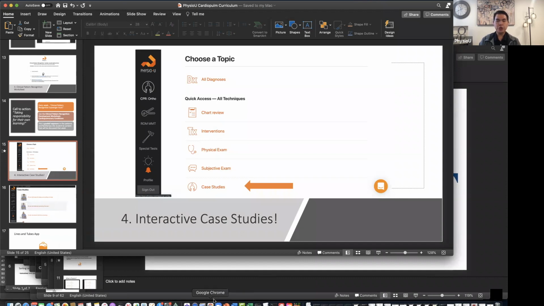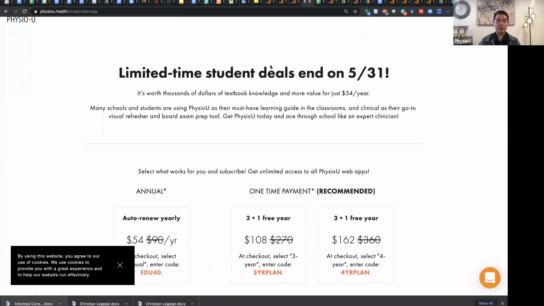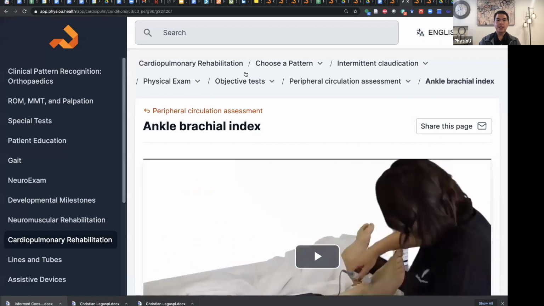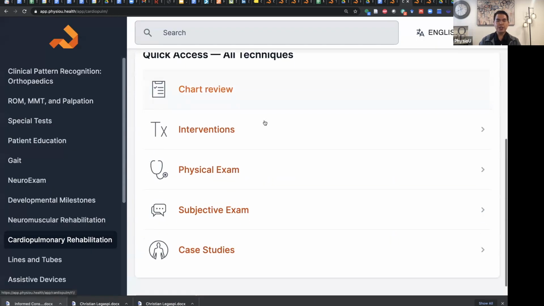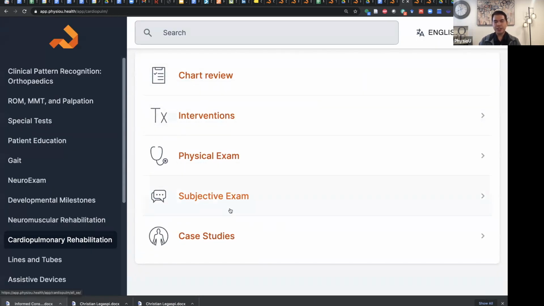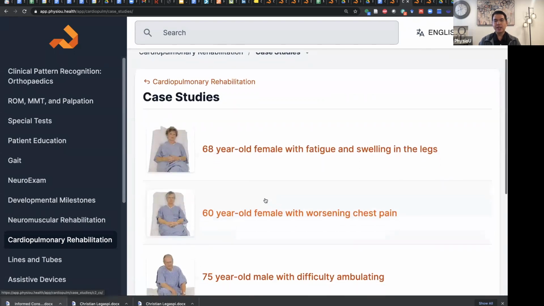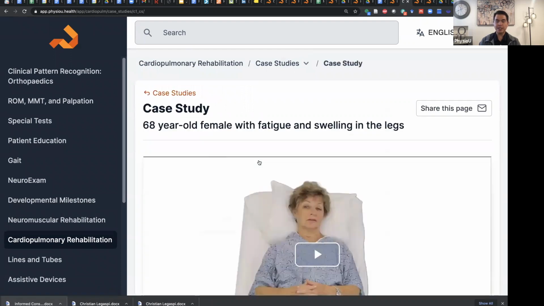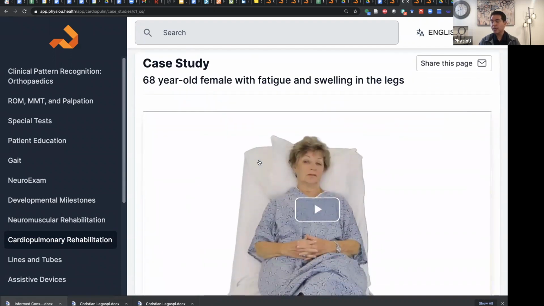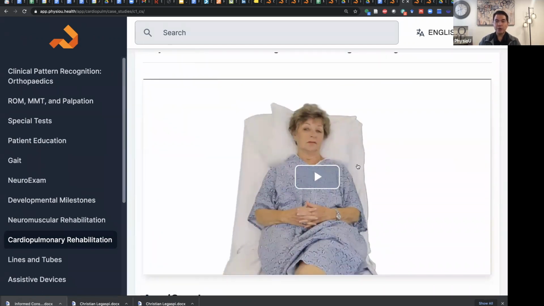So let me just show you, we're getting close to the end here. I want to show you the case studies. We knew that anytime you're teaching a clinical class, there's value in talking about a case, right? So here is your case study. You should be able to break your students out into Zoom breakout rooms and have them watch the video of the patient,